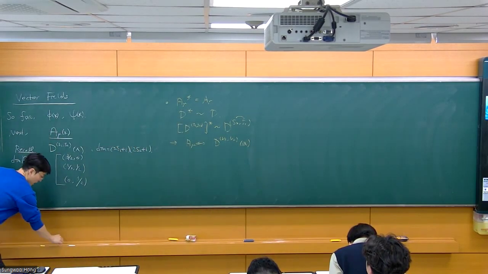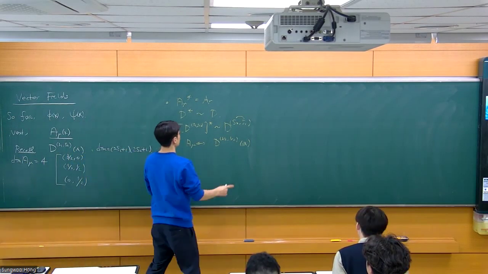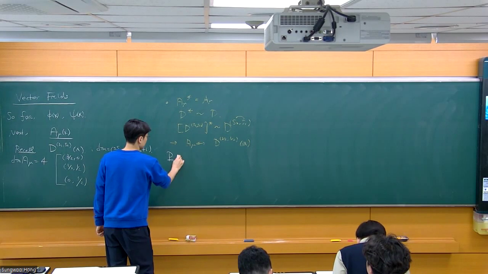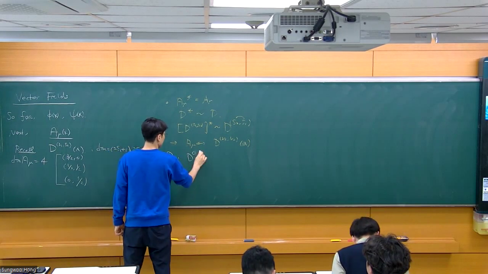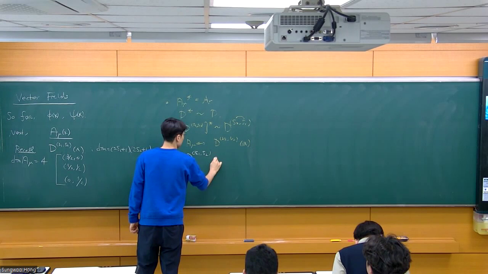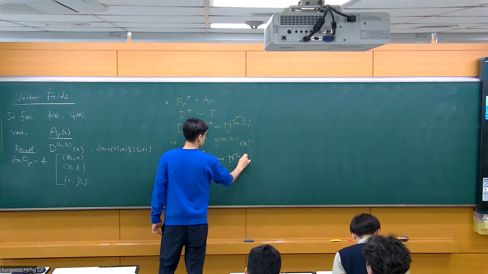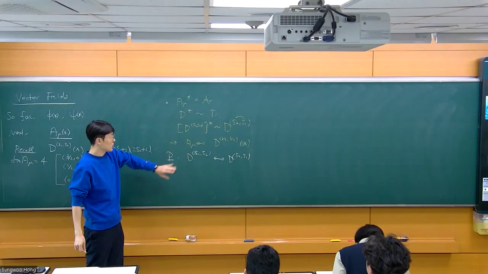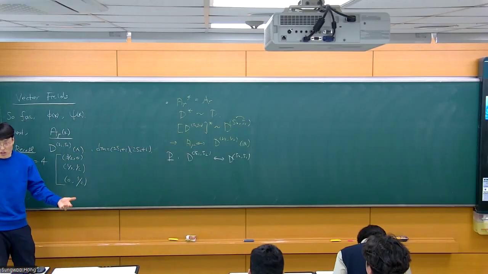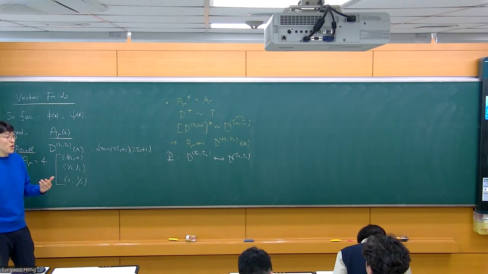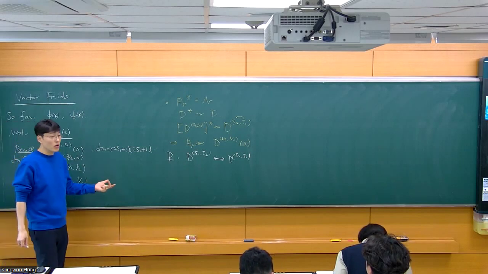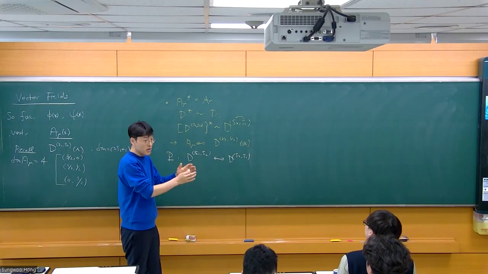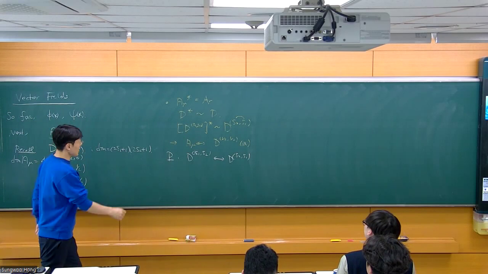Also, you remember that this is how parity works. Under parity, s1 and s2 flip. It means that the real vector representation is also a parity invariant representation. I'm not saying that the theory will necessarily be parity invariant. All I'm saying is that, as a package of a state, it is parity invariant. And then lastly,